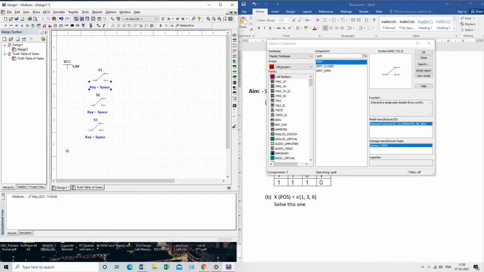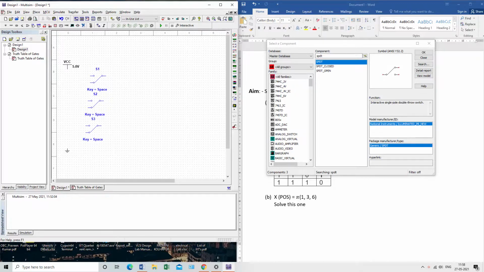I will connect this to VCC. No, not like this. Sorry, sorry. First, I have to rotate this one. Using Control R, you can rotate this one. Okay, so I'll rotate this one.